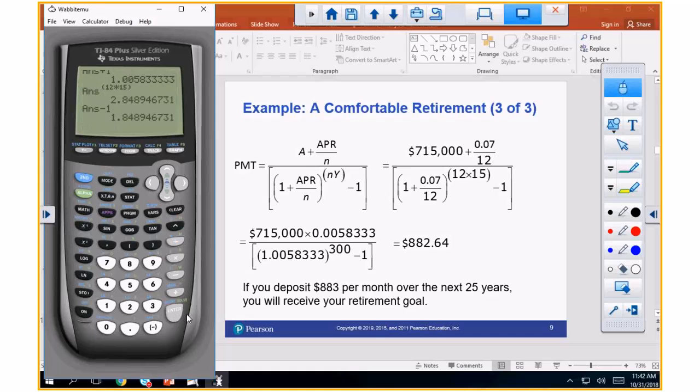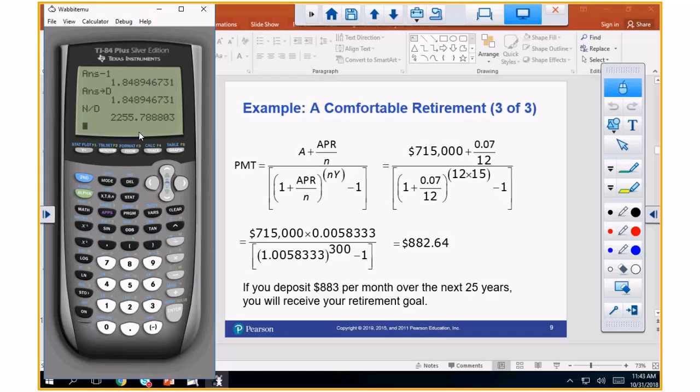And that's our denominator. So we're going to stow alpha denominator, enter. And now we're going to take the alpha numerator and divide by alpha denominator, and that gives us